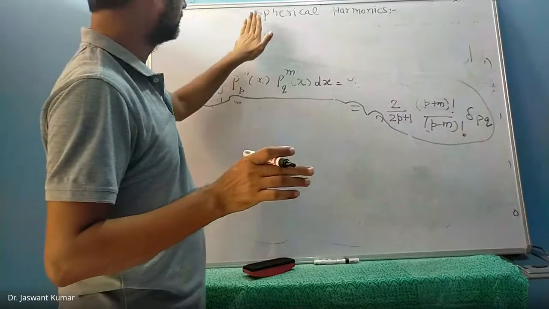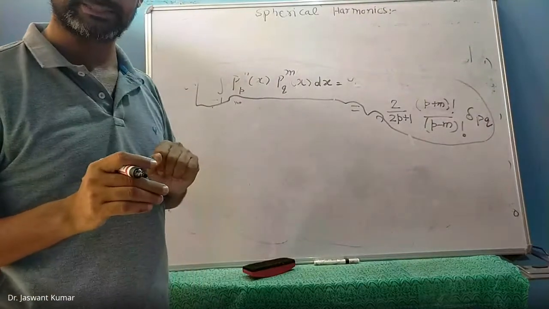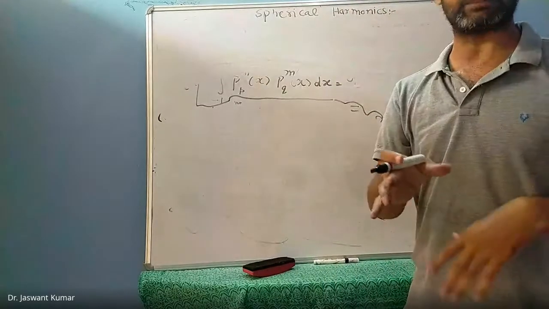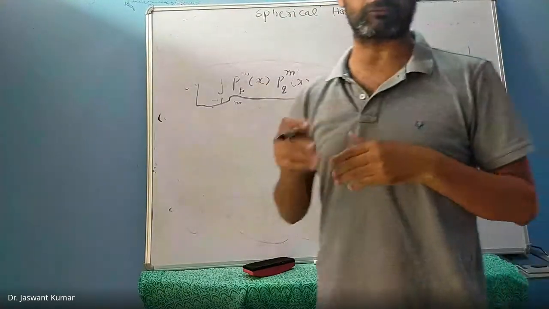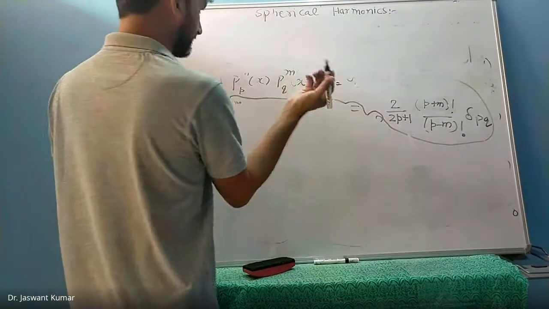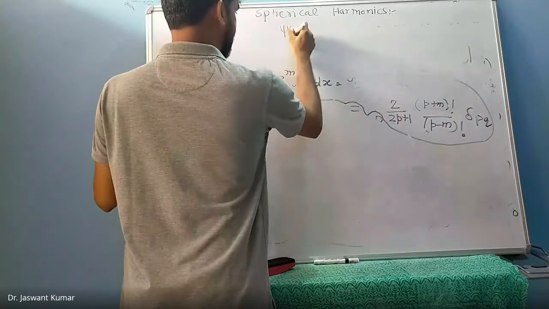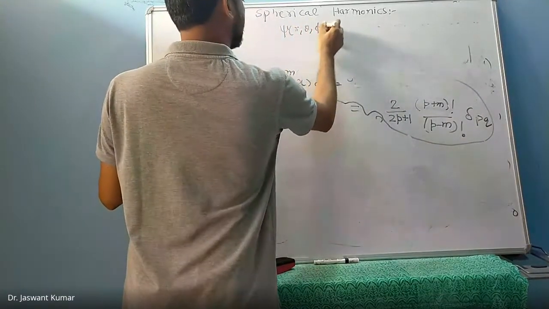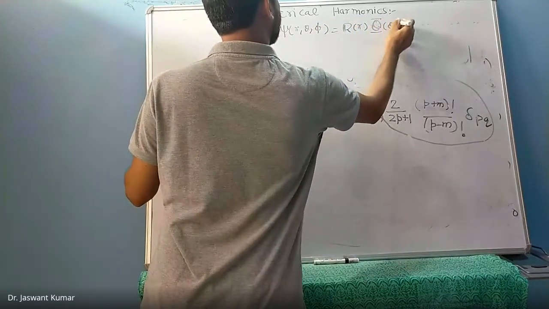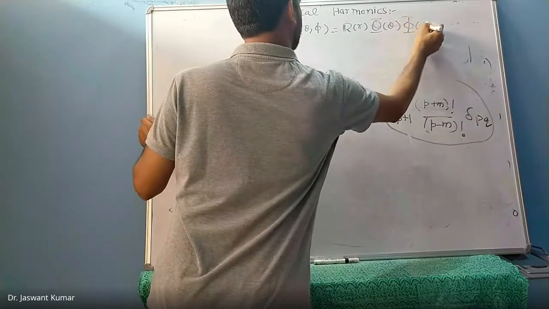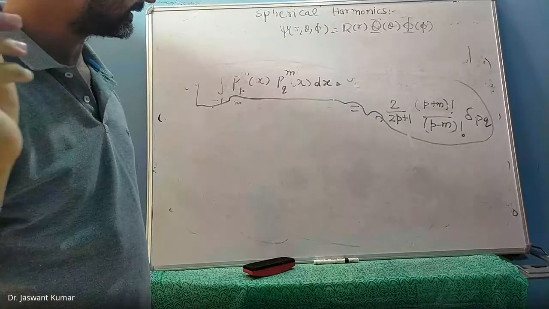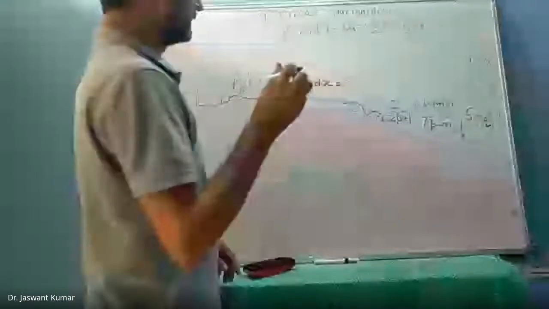So we study something known as spherical harmonics. Let me tell you once again: we go back to the Helmholtz equation or the Laplace equation, or whichever of the basic equations in physics. There we had the solution as psi of r, theta, phi equals capital R of r, capital Theta of small theta, capital Phi of small phi. All of you remember this?